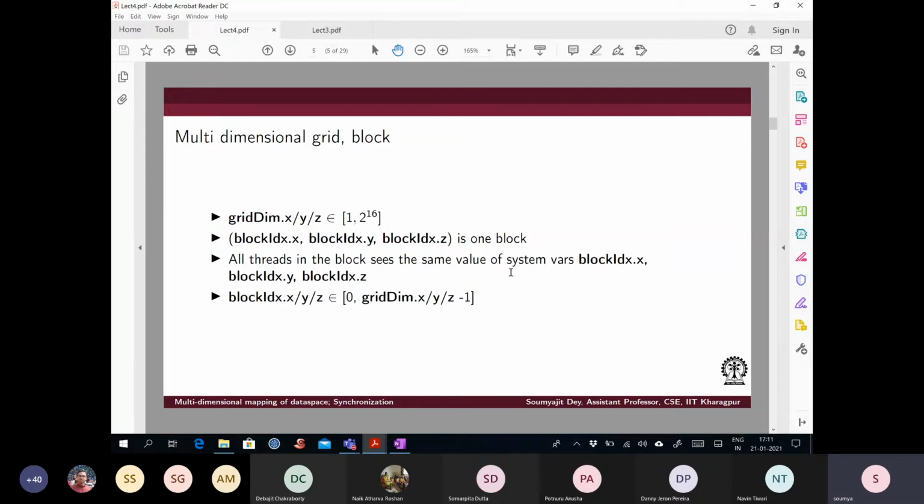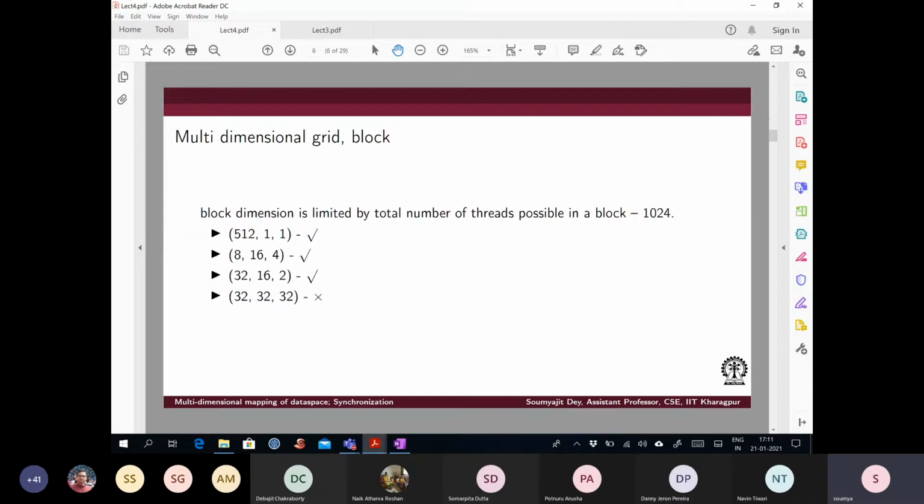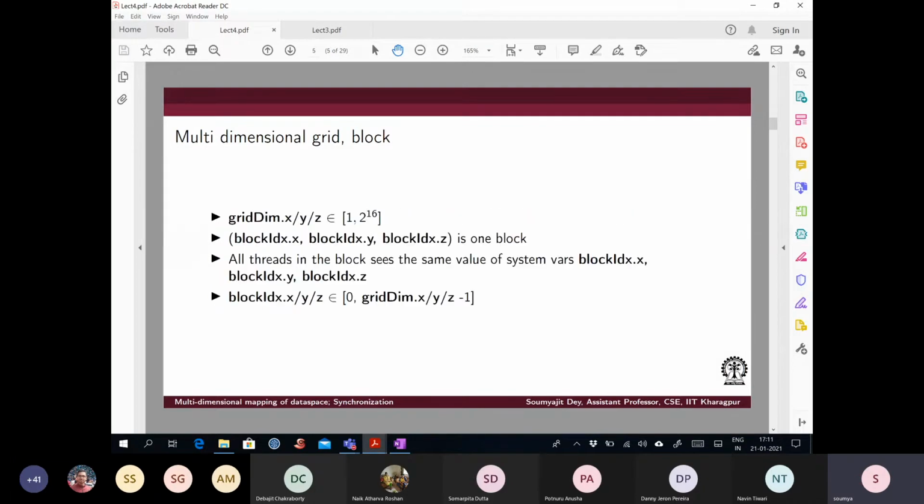In that way, each block you can identify using this blockIdx.x, blockIdx.y, blockIdx.z triple. And inside that block, for every thread, you will again have a threadIdx.x, threadIdx.y, and threadIdx.z triple.